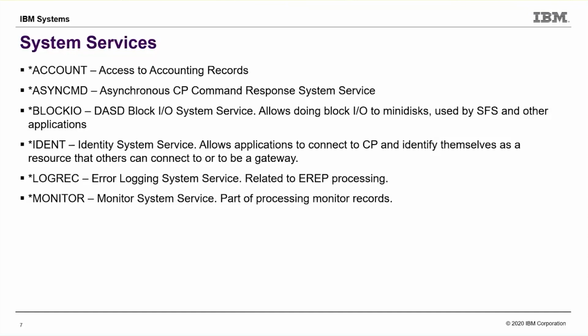And that was a nice way of hiding some of the device-specific requirements from the guest and letting CP, the hypervisor, worry about that. Now, while that was a very effective way of doing IO, it wasn't always the most efficient, particularly when we started dealing with more and more data. And so Star Block IO was invented to help deal with that, which allowed applications, typically server virtual machines, to do block IO, so to do multiple blocks of IO through this interface,